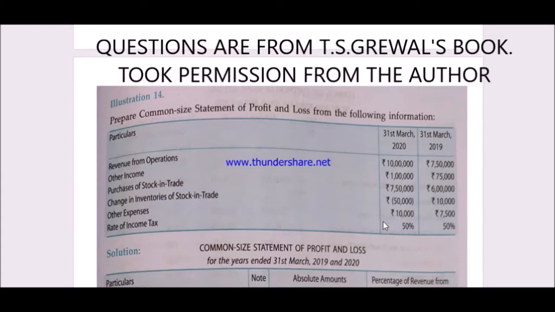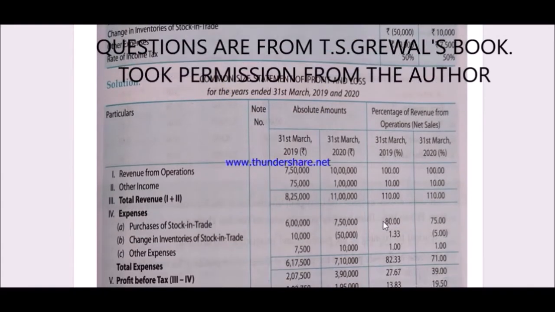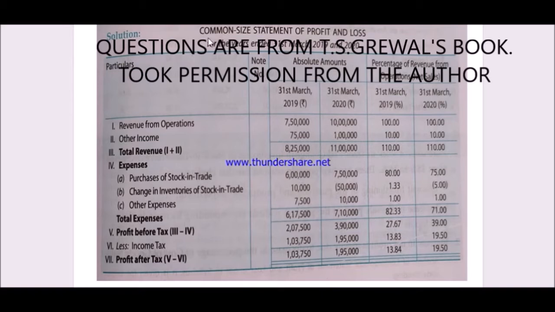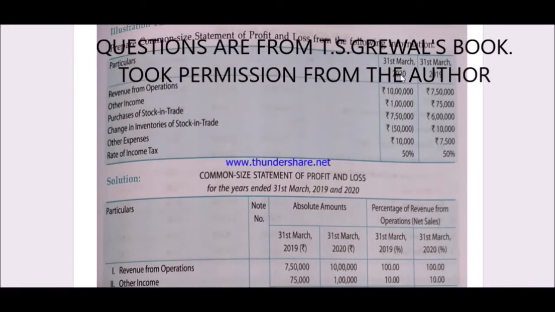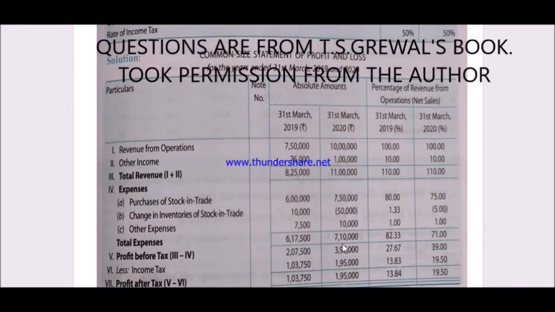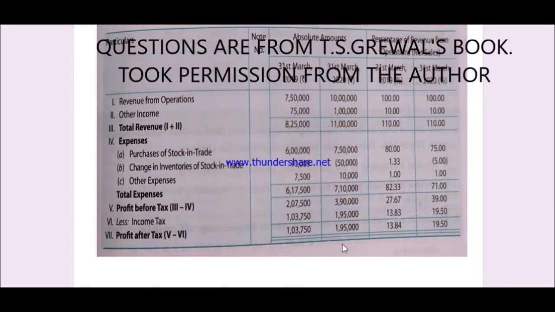So first thing first, you just see that format. You have to write in this way very nicely: common size statement of profit and loss account for the years ended 31st March 2019 and 20. And now you just see, be very careful. Although here the first column is 2020 and this one is 2019, here the thing has just changed, 2019 this one and this 2020. So be very careful about this particular matter. Okay, so now let us see what to do.